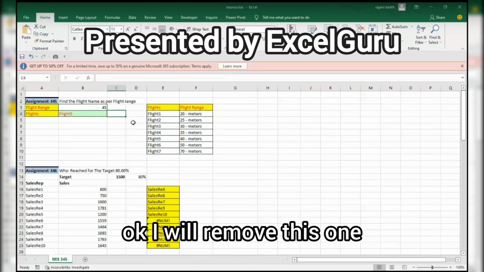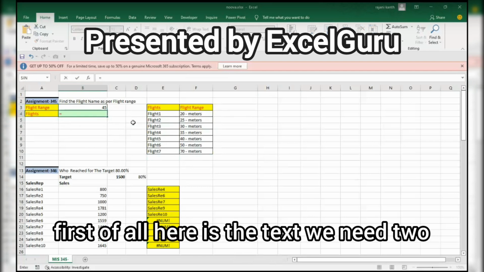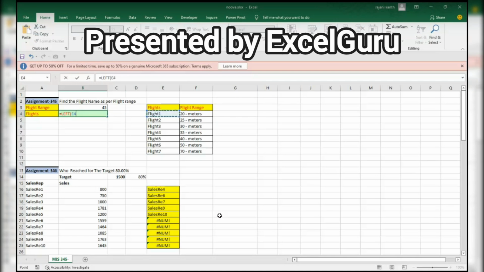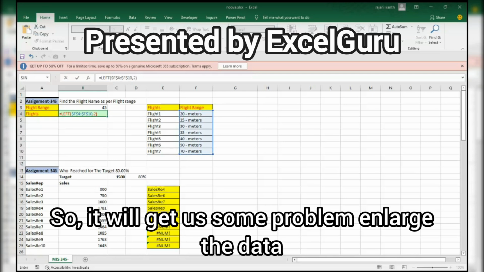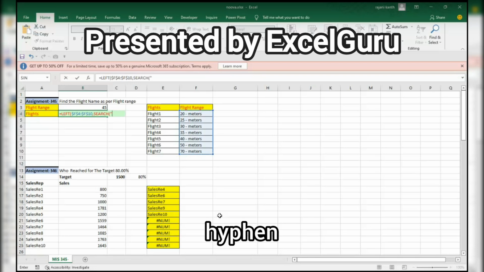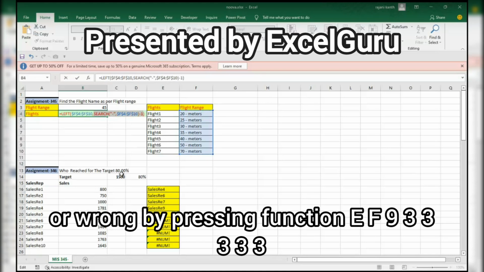Okay, I'll remove this one. Okay, here, first of all, here is the text. We need 2-digit numbers from the left side. Left of this range F4, 2. But if you have more than 2 numbers from the left, so what will you do? It will give us some problem in large data. So you have to use SEARCH of hyphen comma in this range F4 minus 1. So let us check how many of the positions will be correct or wrong by pressing function key